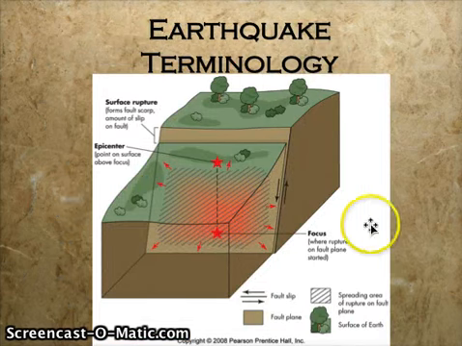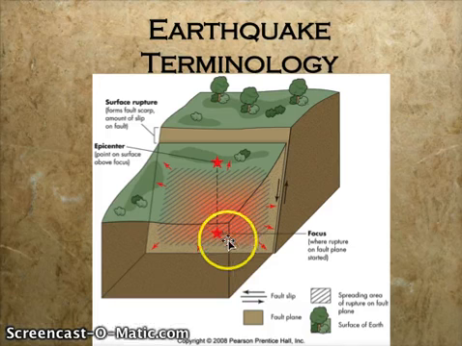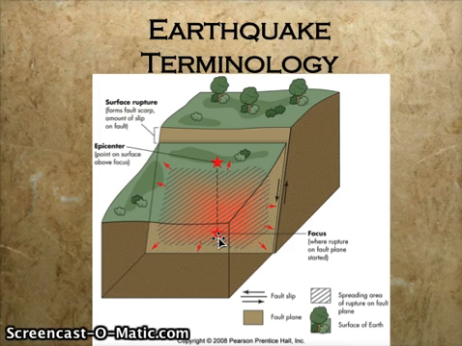So the first thing we need to do is discuss earthquake terminology. This diagram is taken from your textbook. It shows the focus of the earthquake, and that is where the rupture movement on the fault plane begins. Once the movement begins, it spreads along the fault, not necessarily radiating out from a central point. It could go in any direction from the focus, but it moves out from the focus, and adjustment along a large portion of the fault takes place.